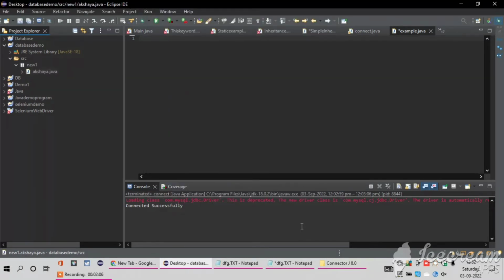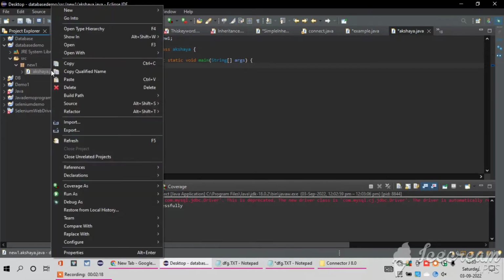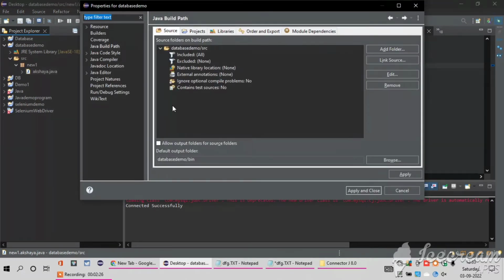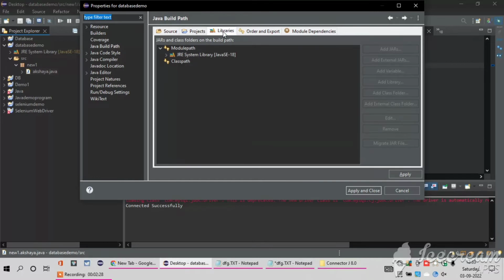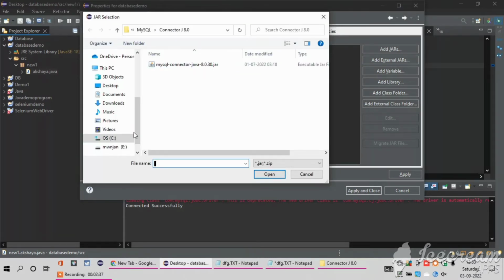It will open the new clean workspace. And now I want to add my jar file, which I downloaded on my system only. So I want to add the jar file to my project. I am going to File, Build Path, and Configure Build Path, and going to Libraries, then click Classpath and click Add External JARs. So I'm going to